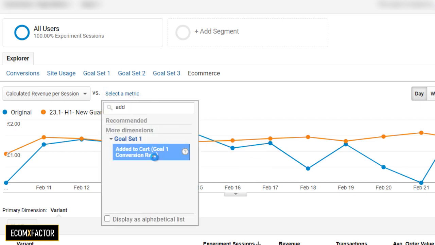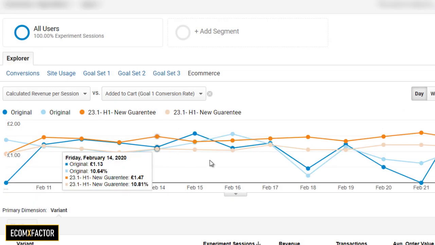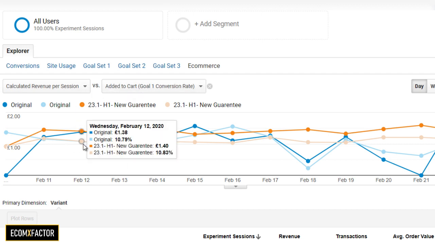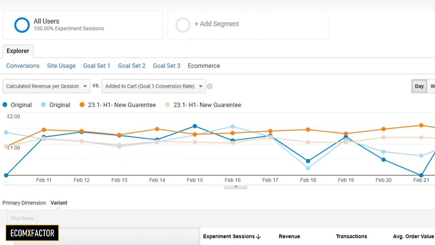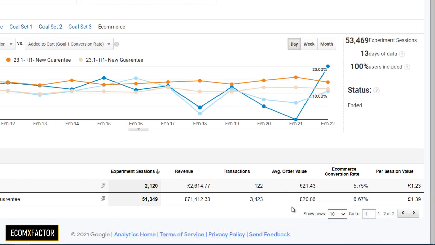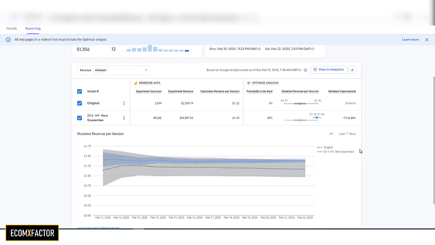You can test different goals to see what the changes were in the add to cart, or different metrics that you think are important for your store or whatever you're doing for your KPIs. In this case, as you can see, it was conversion rate and per session value, which was what I was interested in.